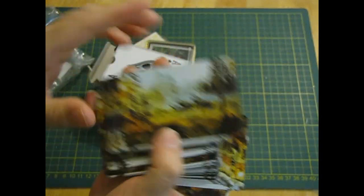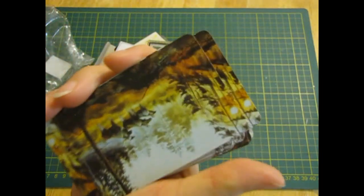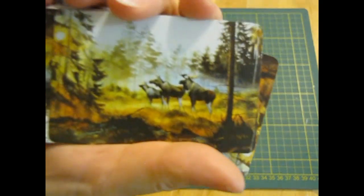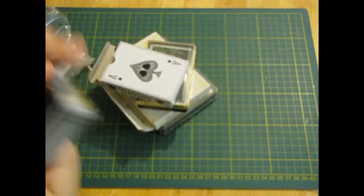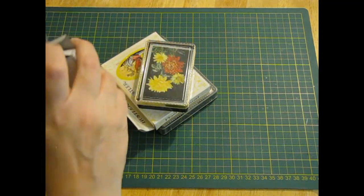A bit of a sucker for the old playing cards. I think they're all the same. But yeah, I love that picture. I'd have to put one of them in the woodland journal as well. I'll put them in here first,